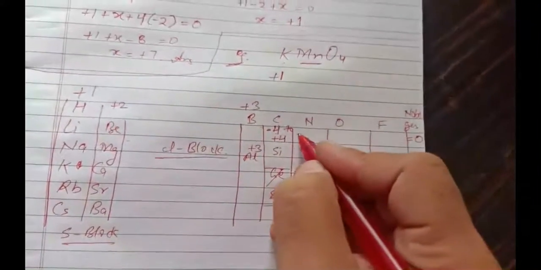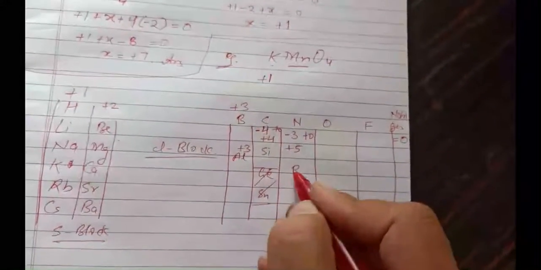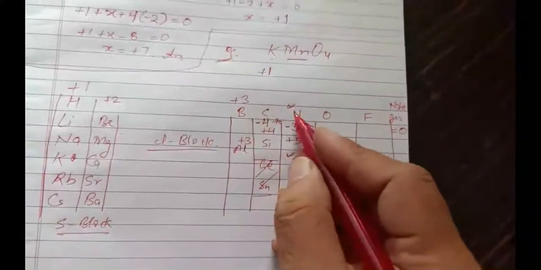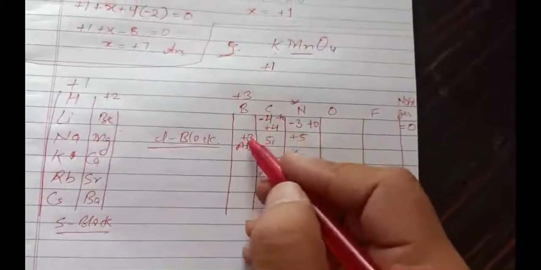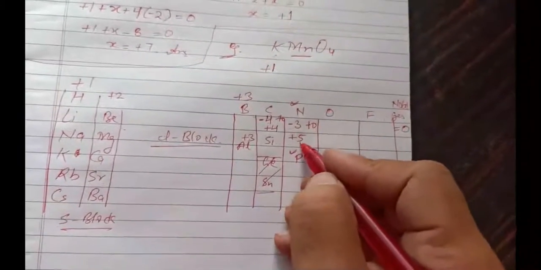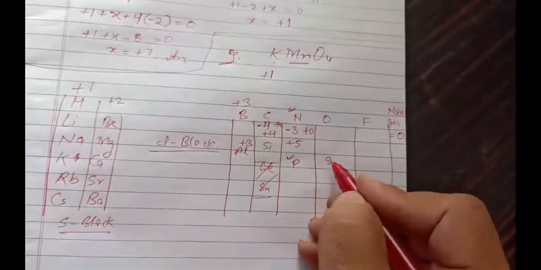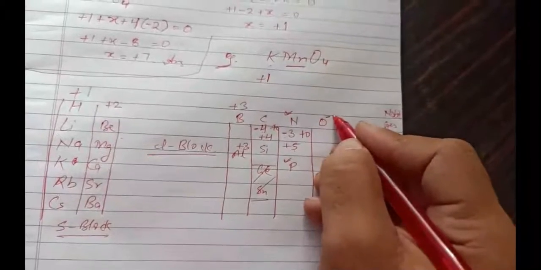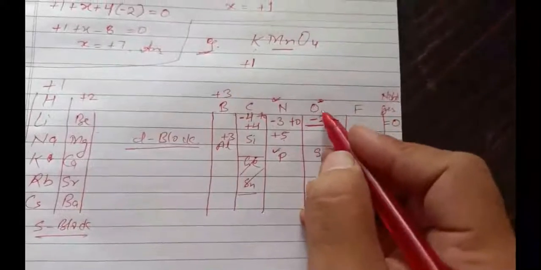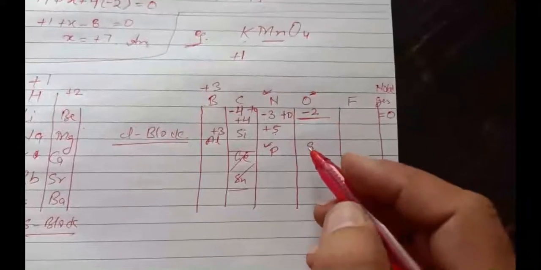What about nitrogen? Nitrogen from -3 to +5. You have to remember for phosphorus also. Remember only up to 2 elements like boron and aluminium, carbon and silicon, nitrogen and phosphorus. For phosphorus it is also -3 to +5. For nitrogen it is -3 to +5. For oxygen, the oxidation number is always -2. But in the case of peroxide and superoxide, the oxidation number is different. That we have learned already in the rules.